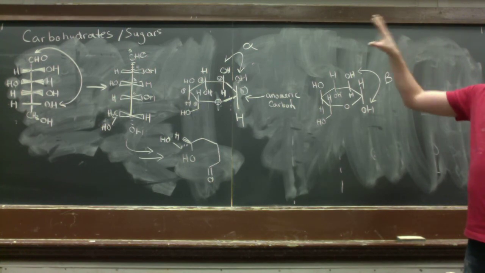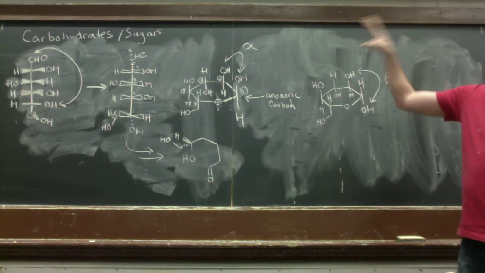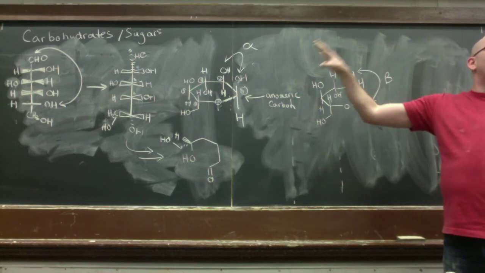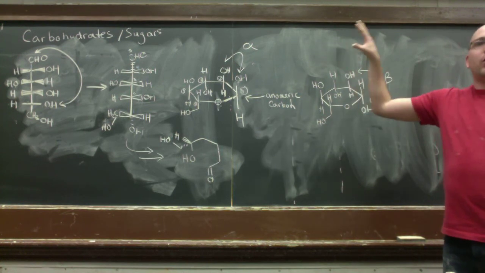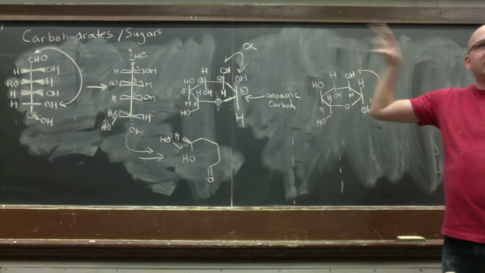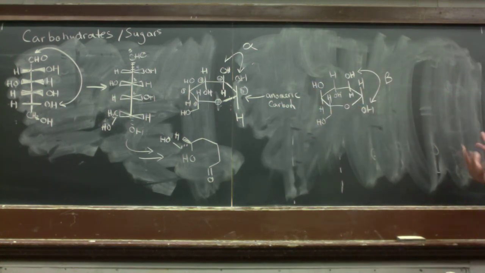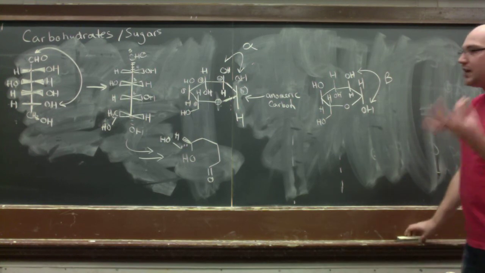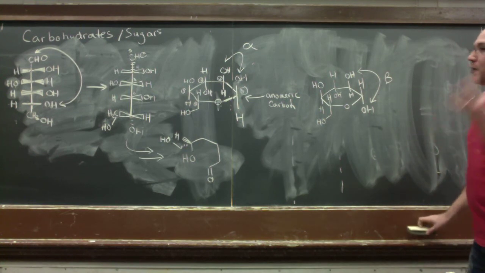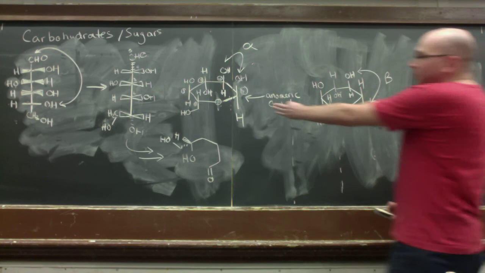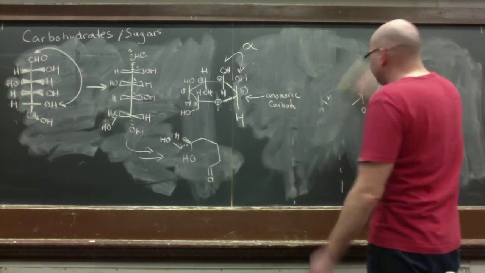But the more important thing is, as you guys know about me, hopefully by now, naming things, nomenclature, is obviously not something that's important, in part because we can draw it, right? I don't need to know whether something's alpha or beta, it's more important that I can draw it, I can see it. We don't talk organic chemistry, even though the names could in principle have importance, but you can't really get at the heart of the conversation without actually drawing it. And so if we start to think about this anomeric carbon here,